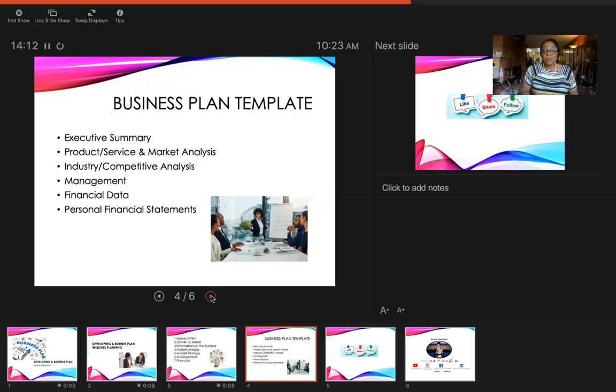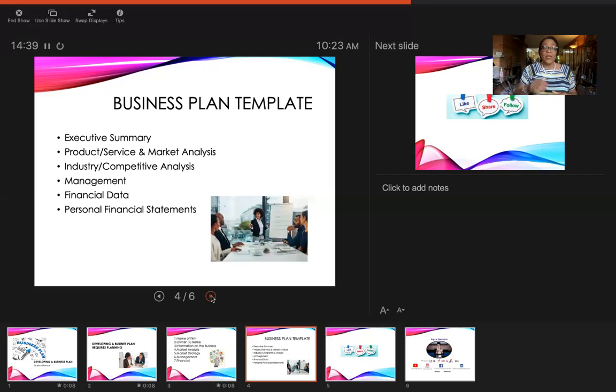So the business plan template now goes back to the executive summary. The executive summary gives an overview of the history of the organization and the service that you do, and your expertise in the industry, followed with your team, and that you have been financially positioned to be successful. That's the summary.